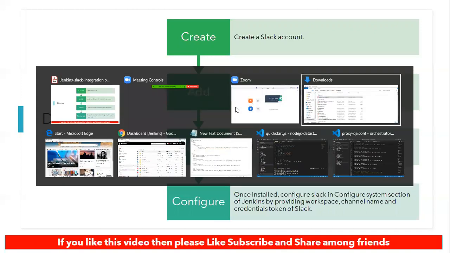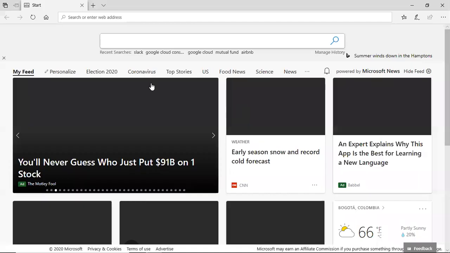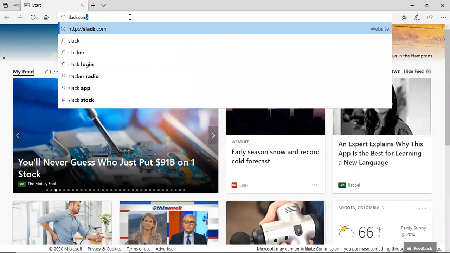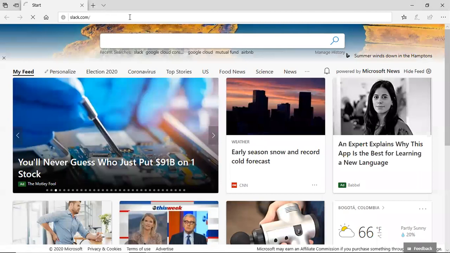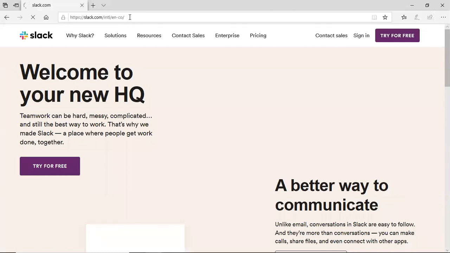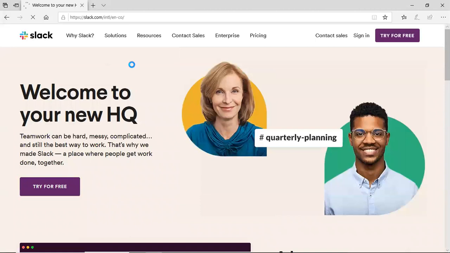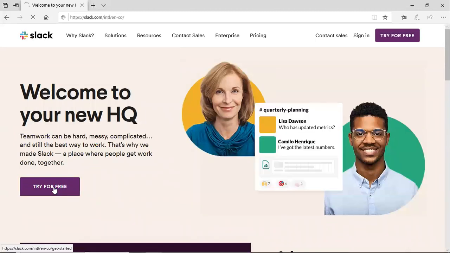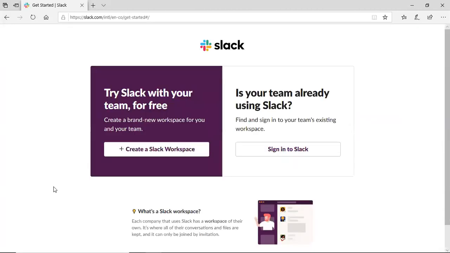So for that, let's go to the Internet Explorer and search for slack.com. We are going to install it for free. So let's try for free.